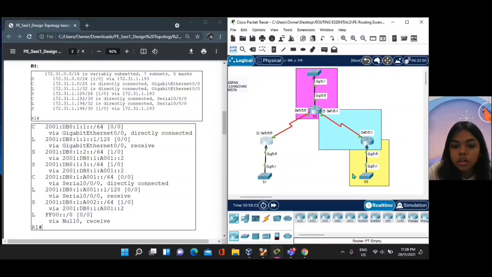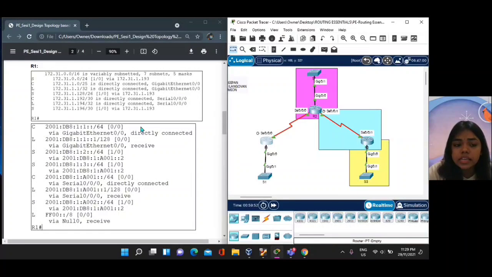We configure using the ip route command: ip route, then the network address, followed by the subnet mask of the network address, and after that we assign the next hop address. This is how we configure the static route by using a next hop address.